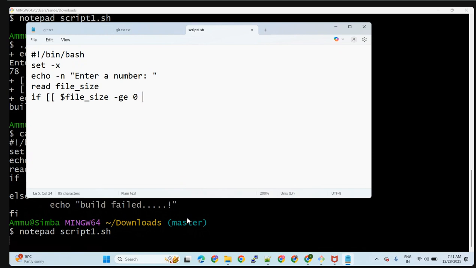Okay, and if I open a bracket, dollar file size divided by, the percent 2, and close the bracket, is equals to 0. Okay, and close the bracket, then